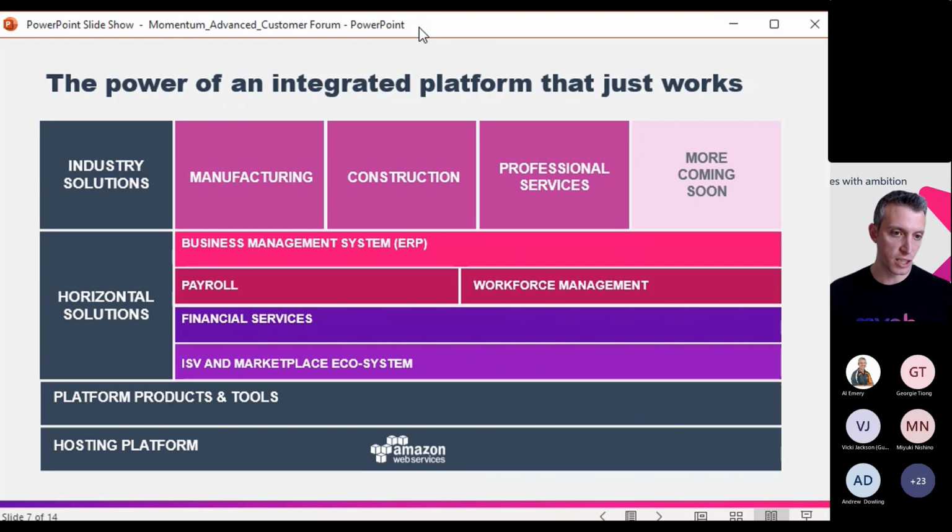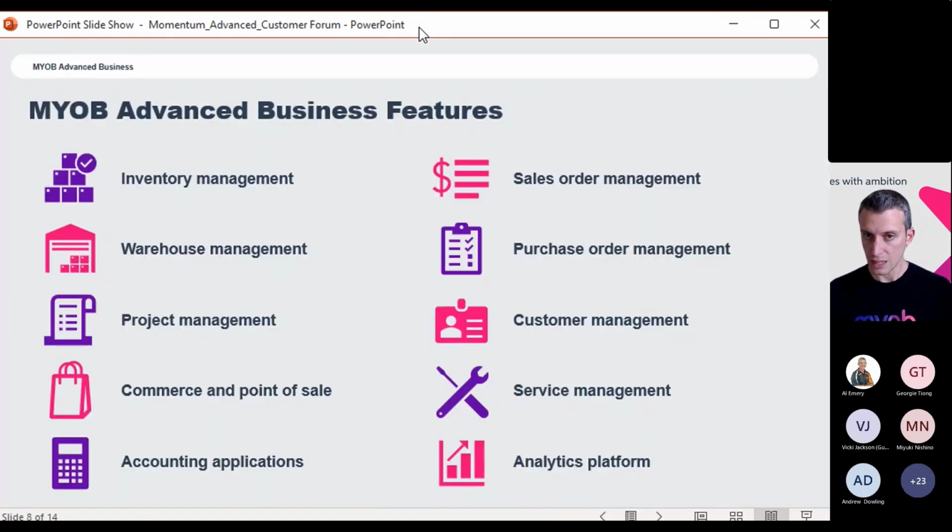In construction, managing a construction project, managing progress updates within the project, all of it integrated in a single system. So very much think about it as connecting what's happening on the construction site with what's happening in the office, which for many construction businesses, it's a big struggle. And you'll continue to see more and more of these over time, where we continue to go into the workflows that you would think of almost as front office, as opposed to some of the others which are a little more back office.